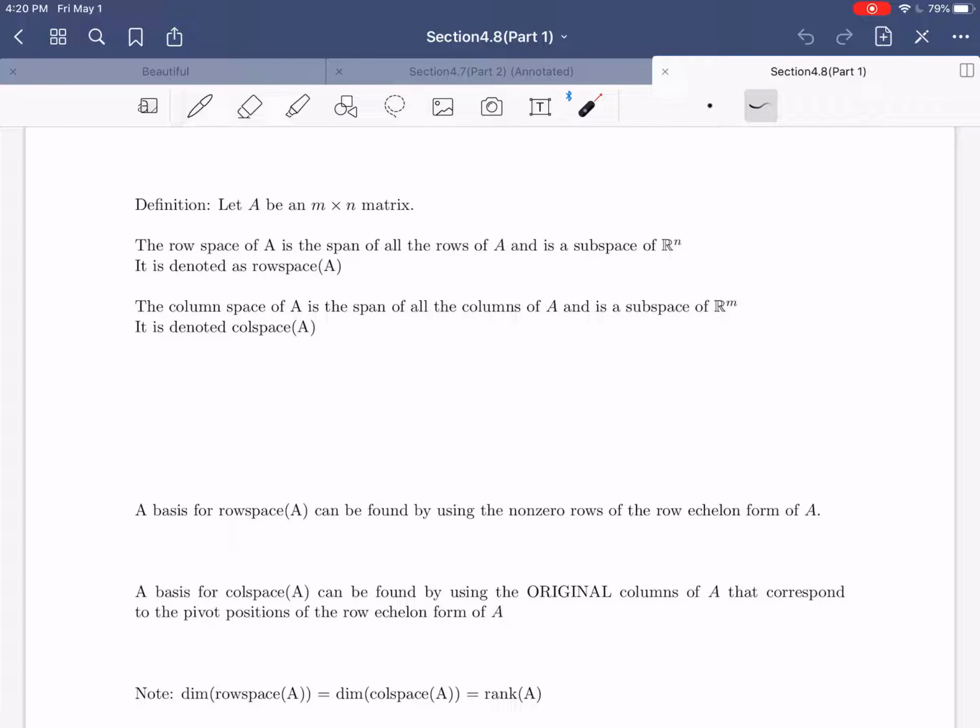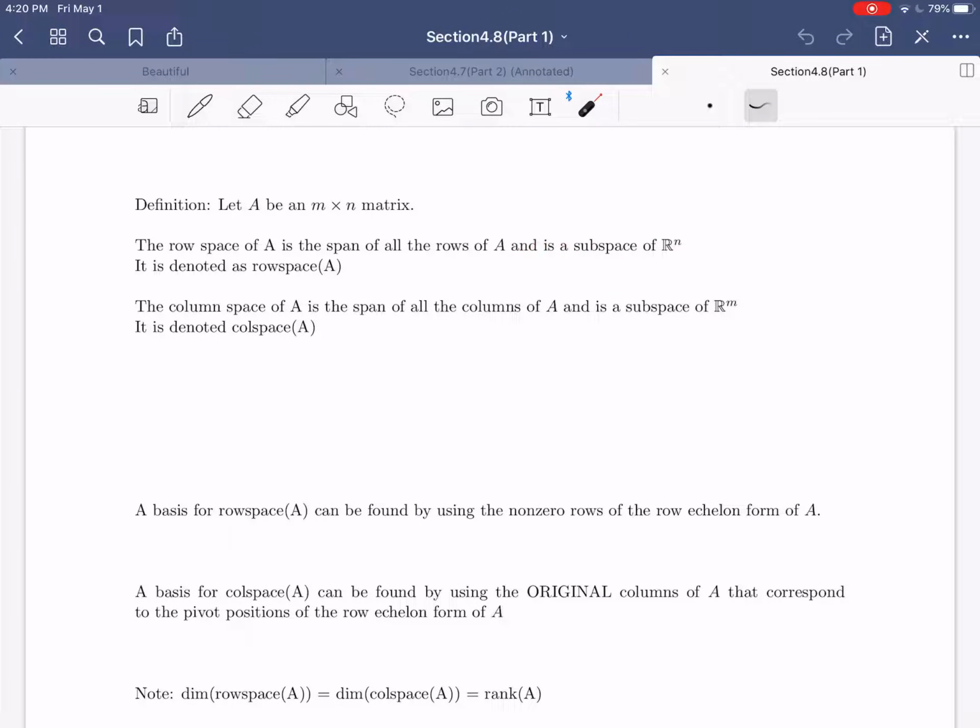If we're letting A be an m by n matrix, then each row will have n elements in it, because there are n columns. So each row will be an element in Rn. Therefore, when you take the span of all those rows, remember the span of any set of vectors is automatically a subspace. So we know that this row space, which is the span of all the rows, is a subspace